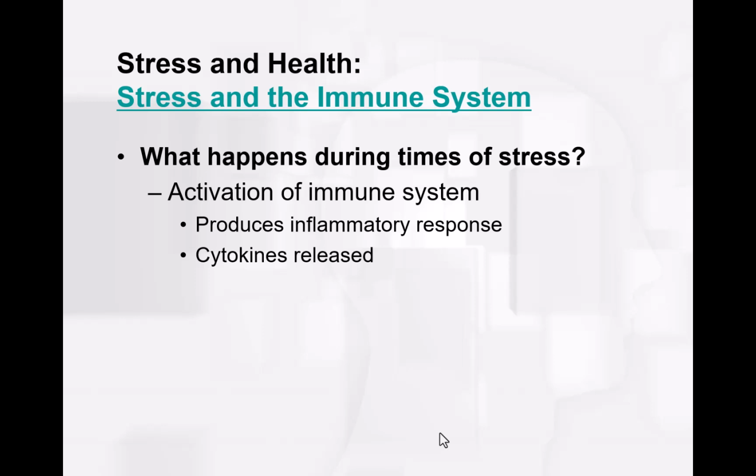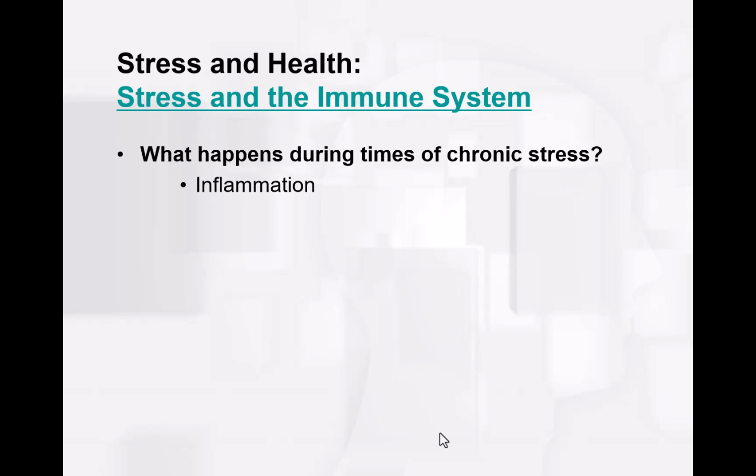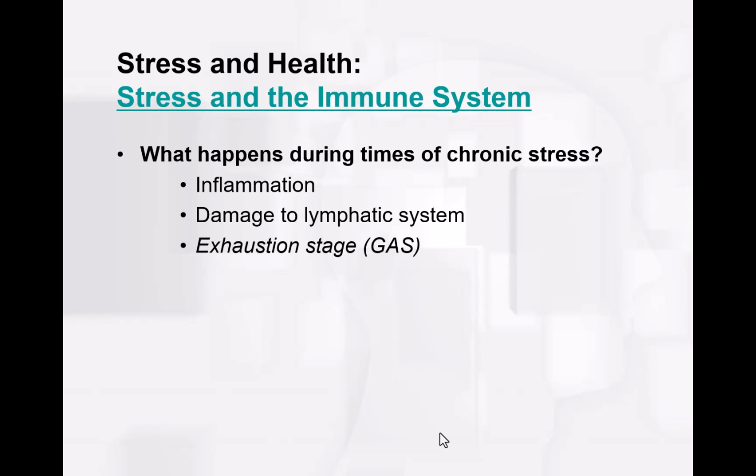So this increase of cytokines can lead to fever, sleepiness, reduced energy, just as occurs when a virus invades. So maybe you've encountered at some point in your life a prolonged stressor and you start to feel sick. Now, it might not be that you're actually sick, but that the stress itself is causing the symptoms. So again, these are also similar to symptoms that we see in depression, and there's an increase in cytokines in people that have a diagnosis of depression. So this inflammation can cause damage to the lymphatic system. And when that lymphatic system becomes damaged, that starts the exhaustion stage.